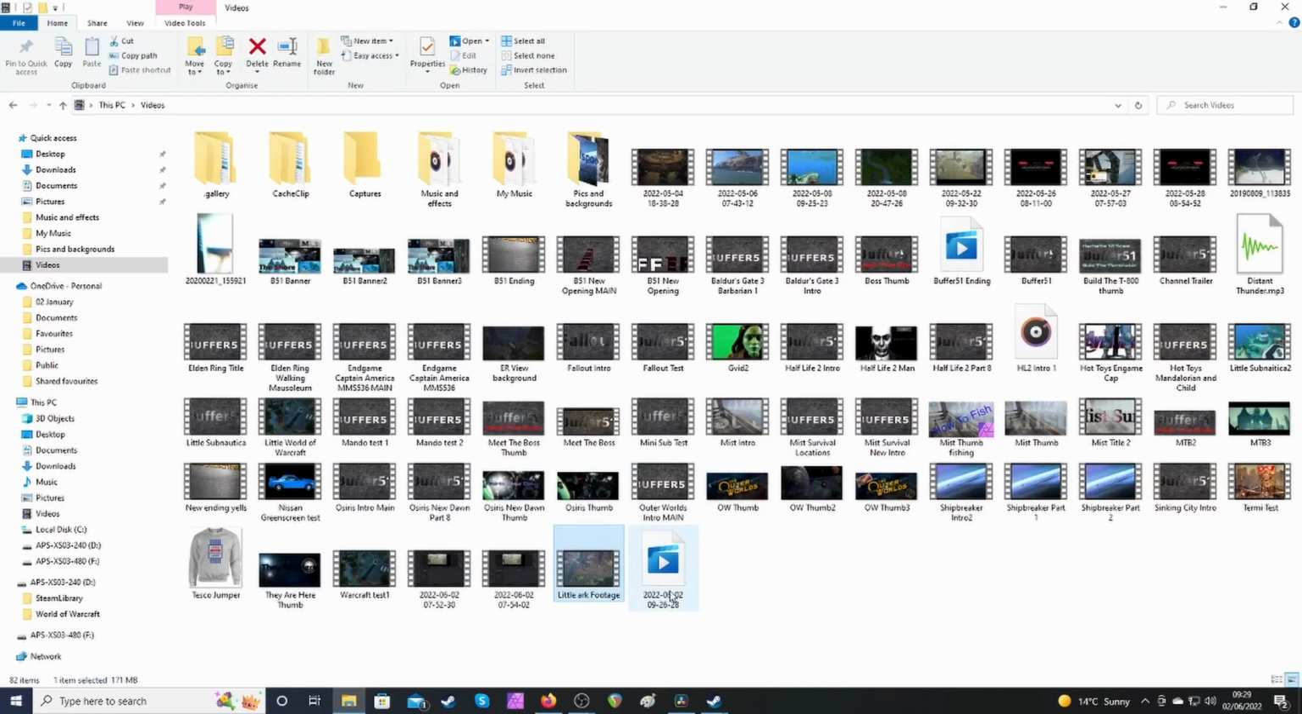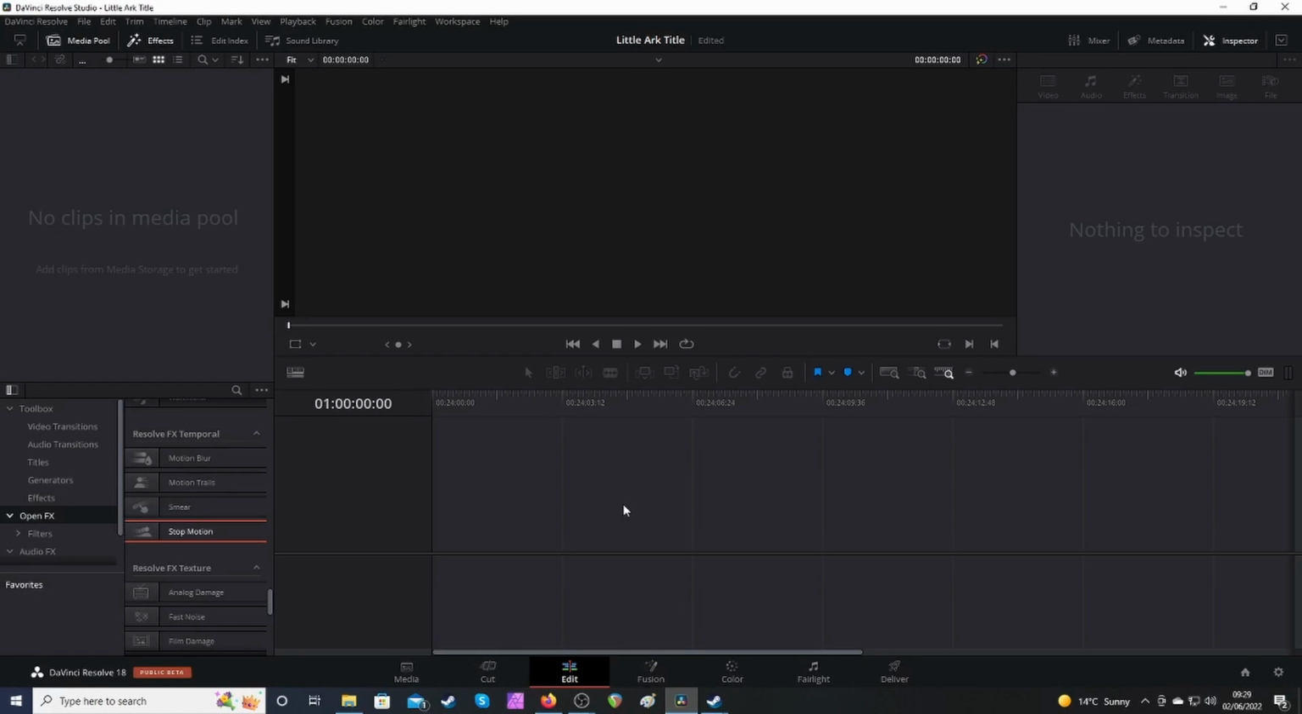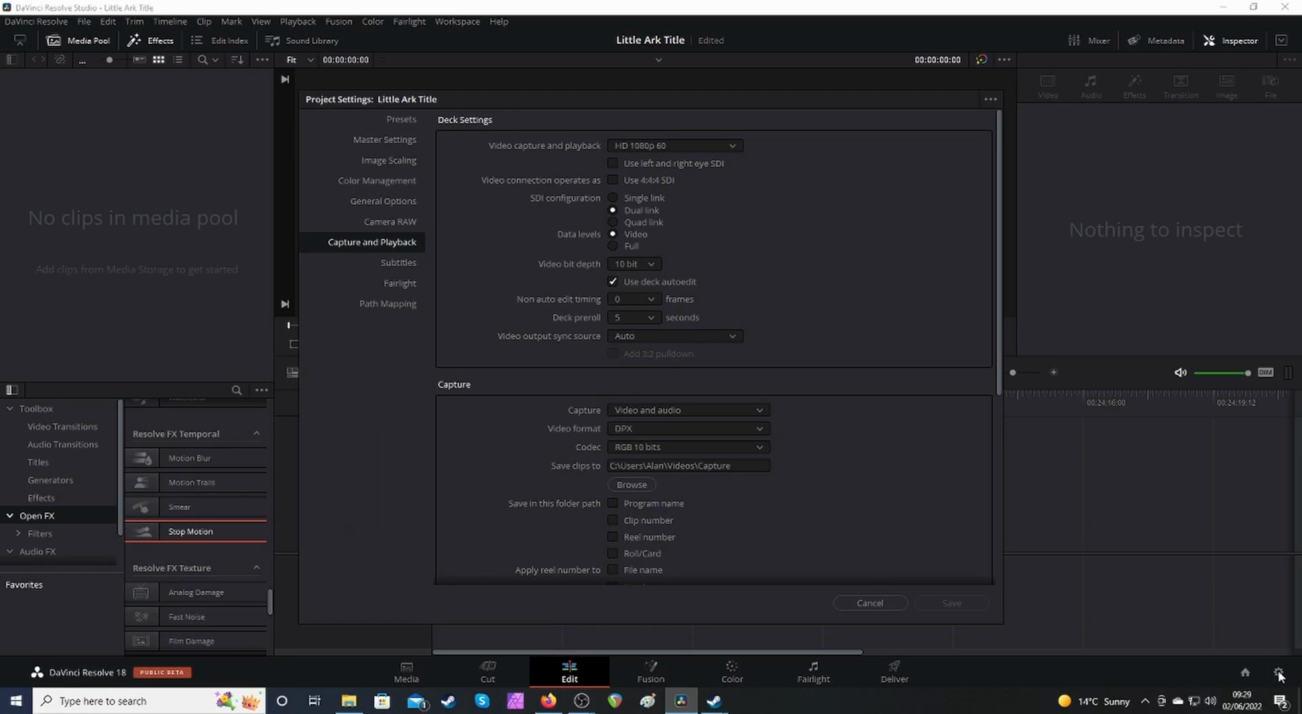I'm going to go back into Resolve. I've started a new project. I've called it Little Ark Title. Just so you know, I record the footage in 60 frames per second, which should be pretty HD. But whenever you open a new project, you've got to make sure that it's set to HD, or 60 frames per second. So you can do that down here in the right with the project settings. I've already changed it here, so